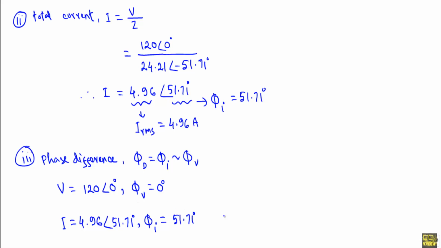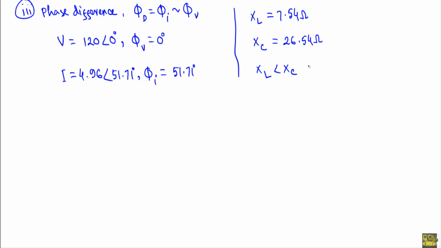51.71 degree. Now see, in the circuit, the value of inductive reactance XL is equal to 7.54 ohm. Capacitive reactance XC is equal to 26.54 ohm. As inductive reactance XL is less than capacitive reactance XC, this is a capacitive circuit. In a capacitive circuit, current I